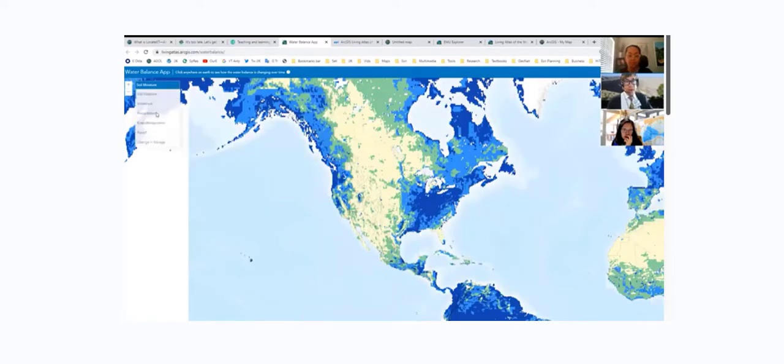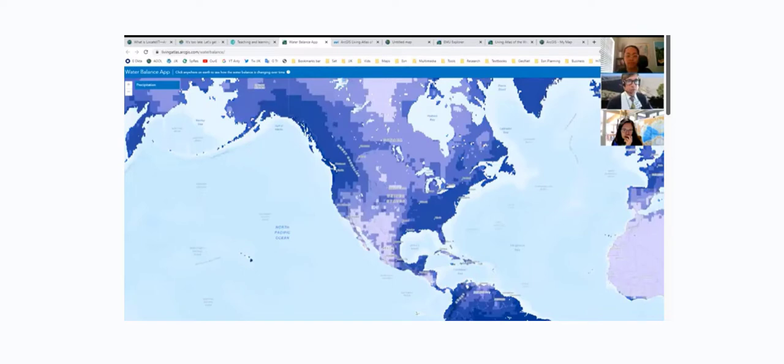I'm going to change it from soil moisture to precipitation, and then I'm going to pan down to Brazil. And I always like to think about mapping as it sometimes confirms your preconceived notion of how the world works, and sometimes it shatters your preconceived notion of how the world works, right? So ask the students, okay, if I click in the Amazon, what do you think the precipitation is going to